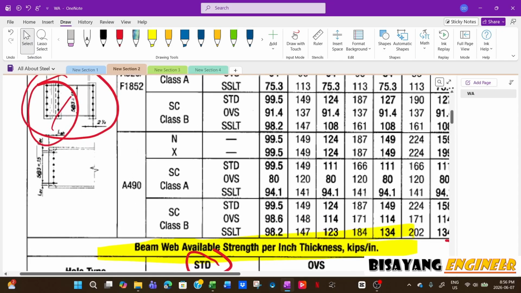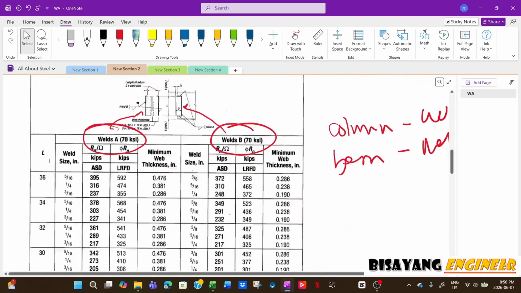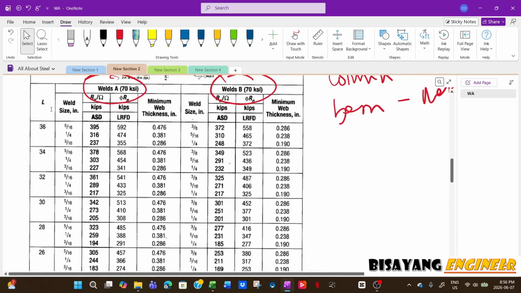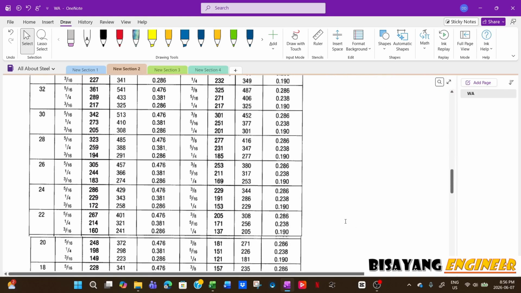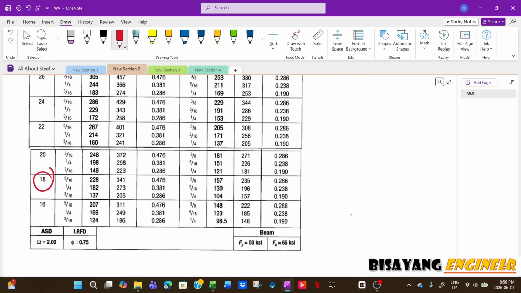15 plus LEV. So all you have to do for bolted is select, so our beam depth is 24, and then minus whatever is the key value. So it would be safe to assume you can either use length of angle 18 or 20. For the sake of discussion, we'll just use 18. So that's the